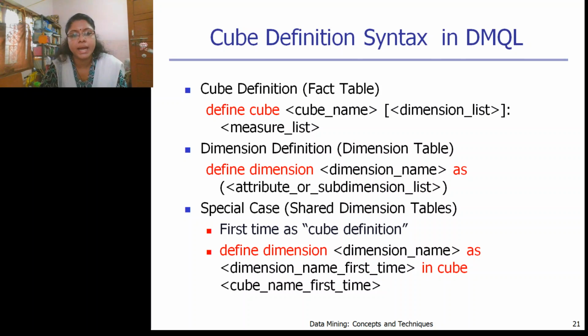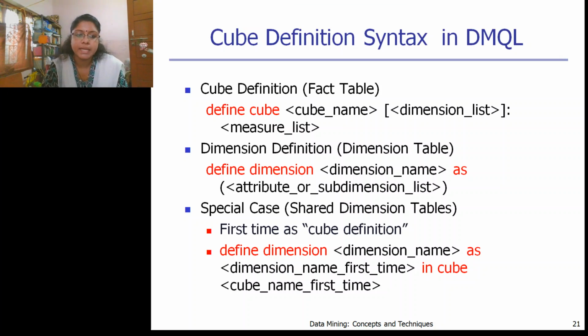Similar to SQL, we have another query language which we can use for data mining and data warehousing purposes. So that is about DMQL. And here, this is the syntax for defining. For defining a data cube, a subject or a concept should be there. Also, for defining a data cube, we require a dimension, and we require measures. So we'll see how we can do that.